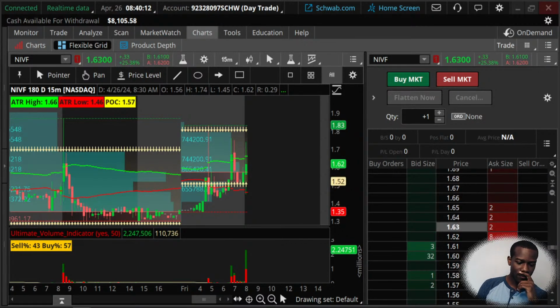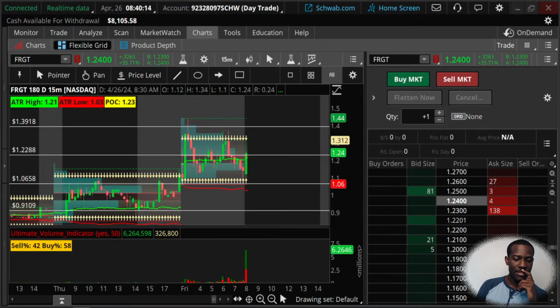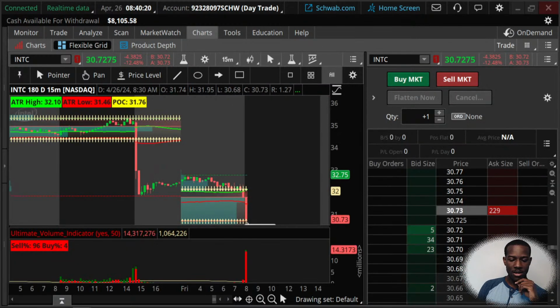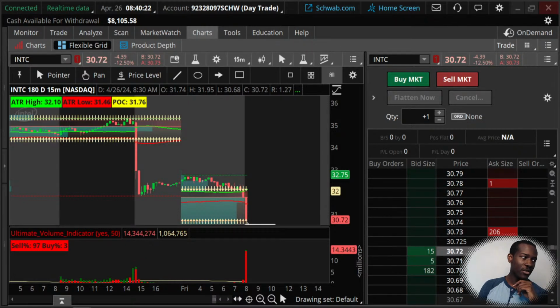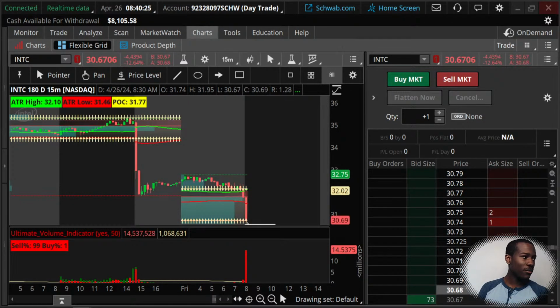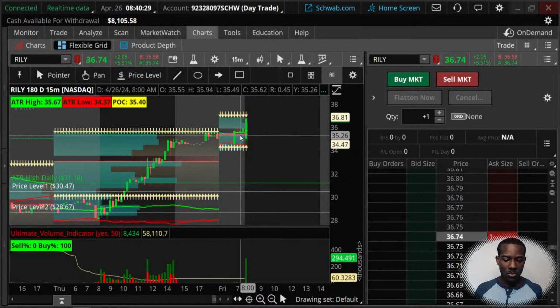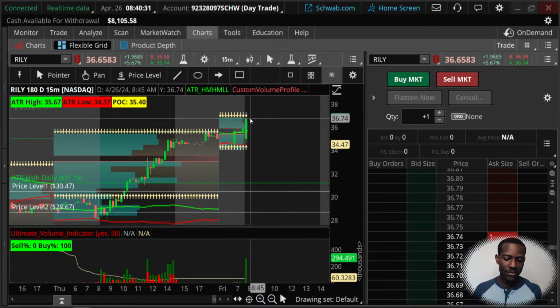NIVF back in the consolidation area. FRGT just will not fail though. Okay, so I'm gonna take Intel off. Intel continues to dump down to $30. Take that one off. Really just exploded through what it was at and is going even higher now to 30,